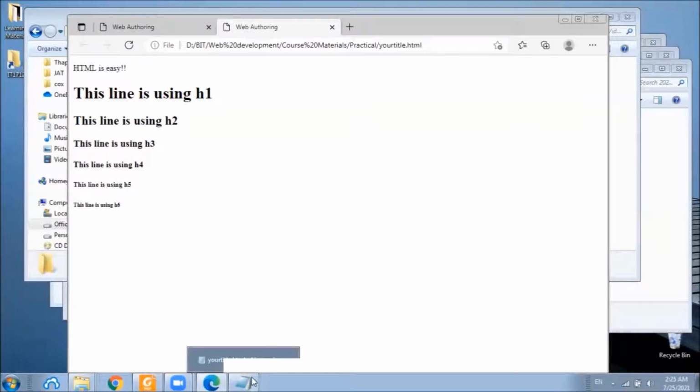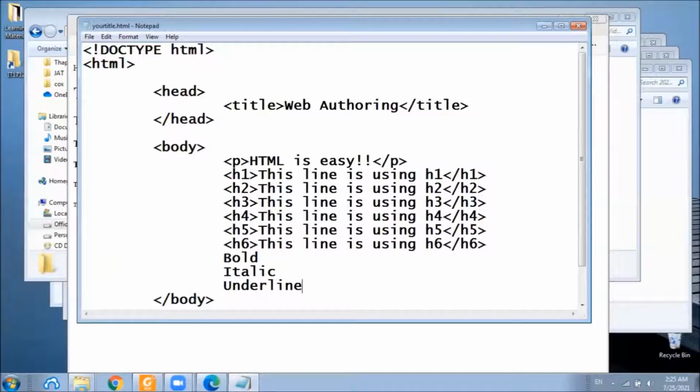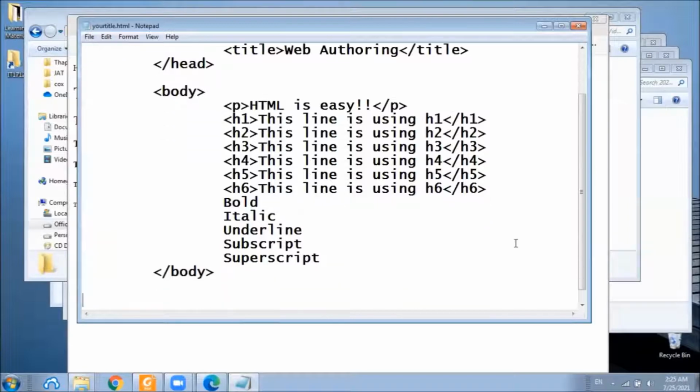Now, let's open our HTML page and define texts such as bold, italic, underline, subscript, and finally superscript.